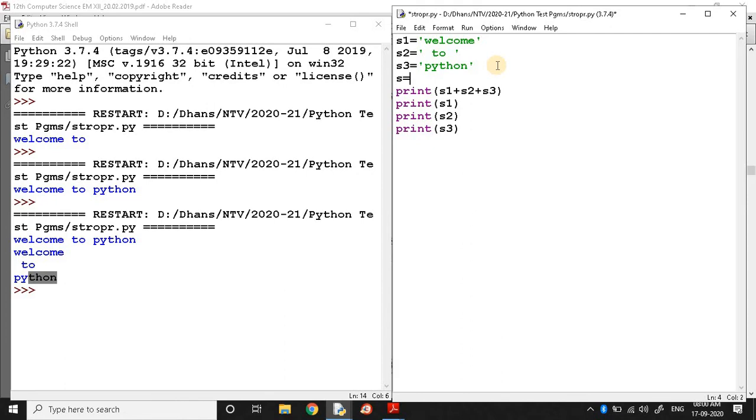Now, S1 plus equal to S2 plus S3. Then after that, if you print S1, what will happen?